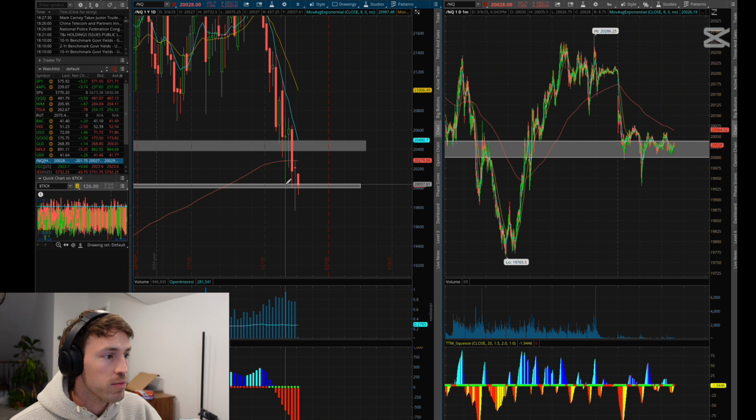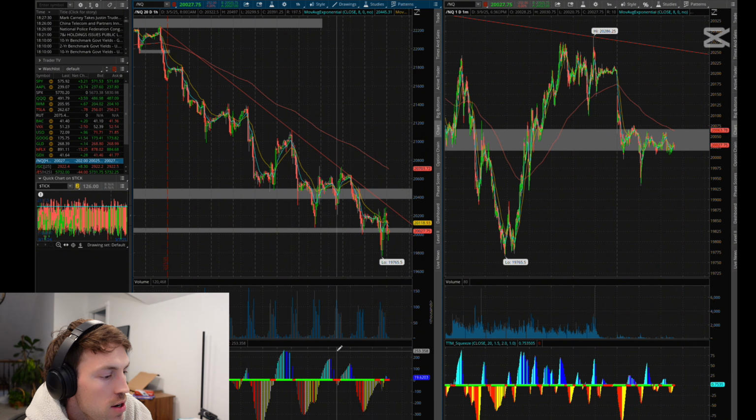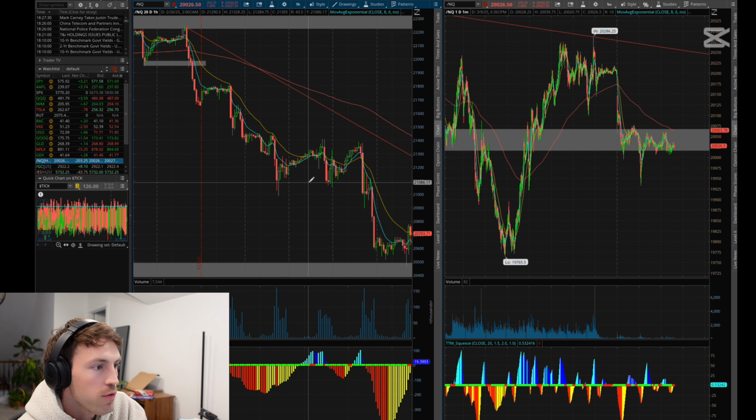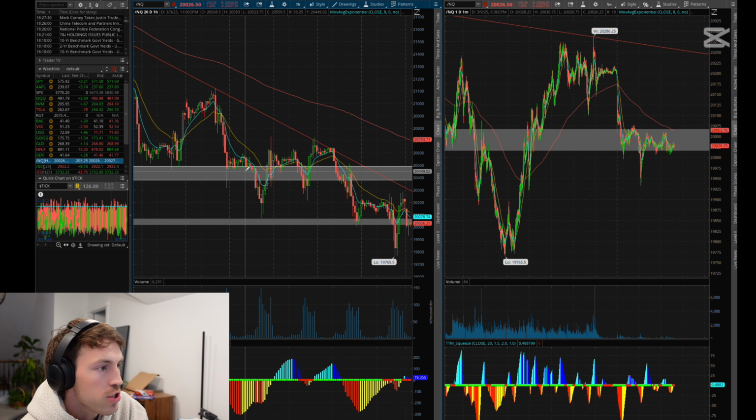But you can see it keeps respecting these levels. It'll come up and it comes back down, or it just consolidates. We have our squeeze here, consolidates, a little bit of retracement, and boom. So this was an awesome trade. Like if we actually took this trade